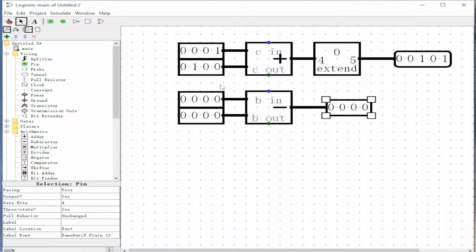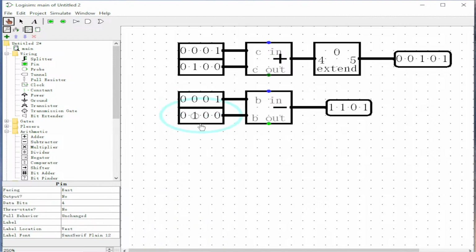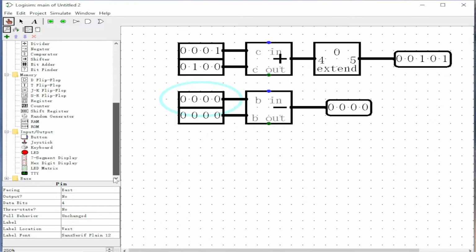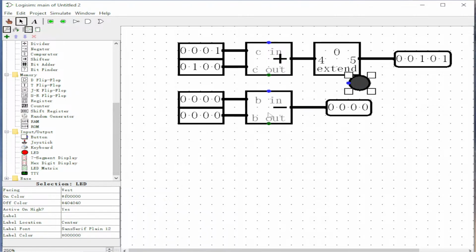Okay, but in the subtractor there's one more thing. For example, if I have 1 here and 4 here, 1 minus 4, that's a negative number. If you just put 1 and 4, you're going to see a number, but you don't know whether it's negative or positive. You might think it's positive. So to identify whether it's negative or positive, you can put an LED light. If the LED light turns on, then you know that's a negative number. So you put an LED light and connect this wire with this one,